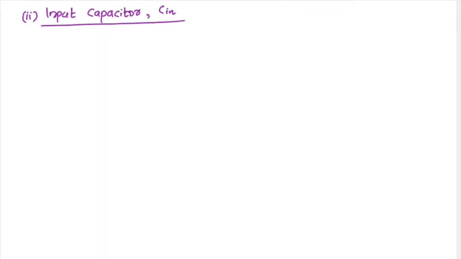Next one is the input capacitor Cin. So we are using an electrolytic capacitor Cin in the input. And what is its role? In our lab session we will go into detail about each component. We will give the difference between electrolytic capacitors and ceramic capacitors. So now you just go through it. This is an electrolytic capacitor. We are using 100 microfarad or 10 microfarad capacitors. Microfarad range capacitors are all electrolytic capacitors.